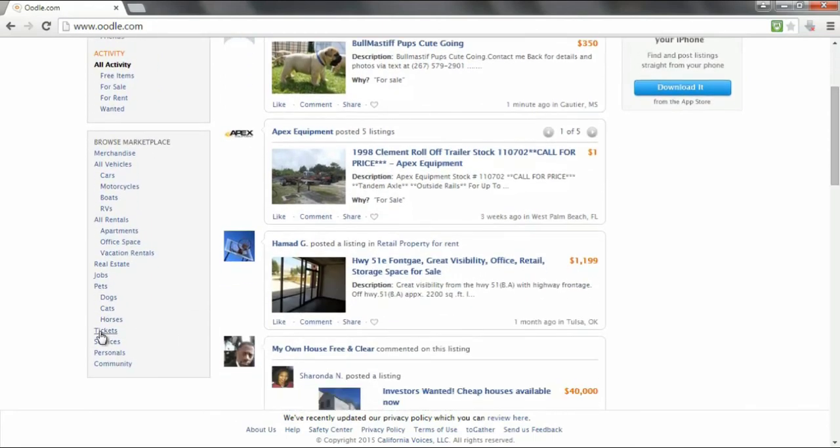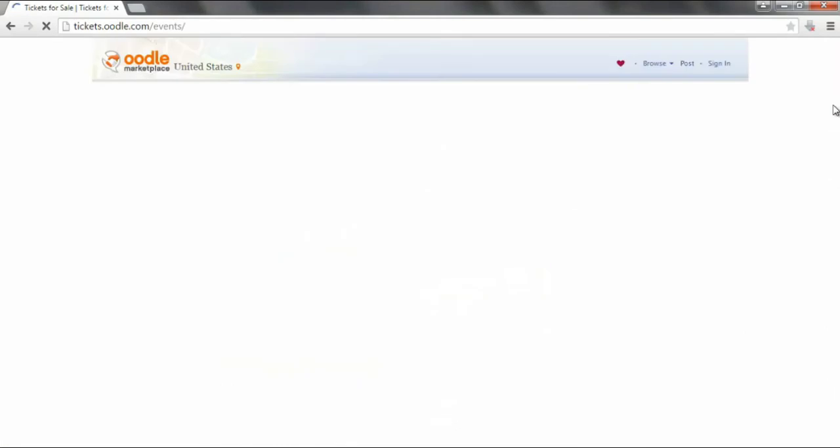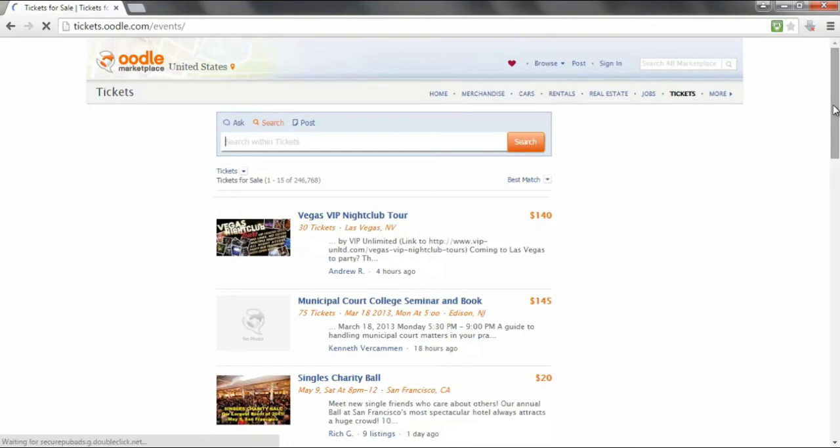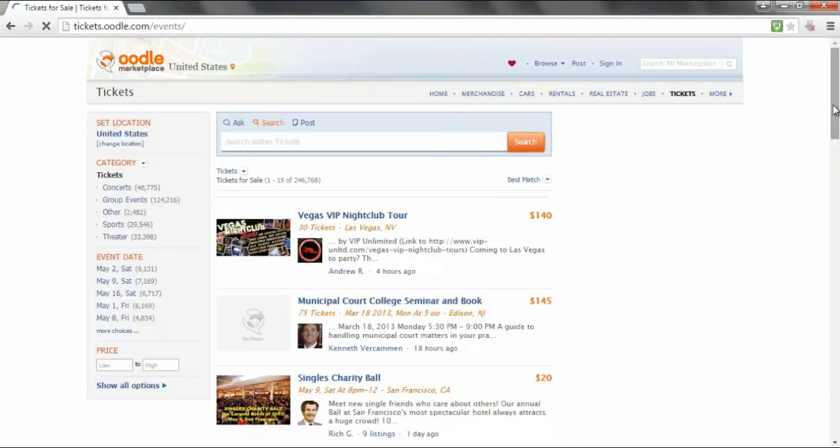As you can see down here, there is a section called Services, and there is a section called Tickets. So as a marketer, if you're offering any services, you can actually list them on Udo. Alternatively, if you have a webinar or any sort of online event, you could actually list that on here as well. So even though it might look like a website where you just sell off your old stuff or your pets, you can actually also list your online events on here. So it's really, really simple.